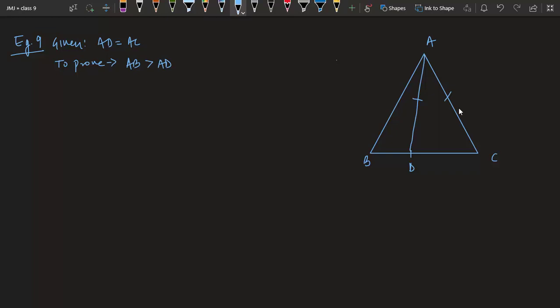Okay, now the question arises in our mind, how to prove this. In the above theorems we have said that if we find a relation between the angles opposite to these two sides, then it is easy for us. Let's see what is opposite to AB. AB is this side and opposite to this is this angle, suppose I call it 1, and opposite to AD we have this angle, suppose 2.